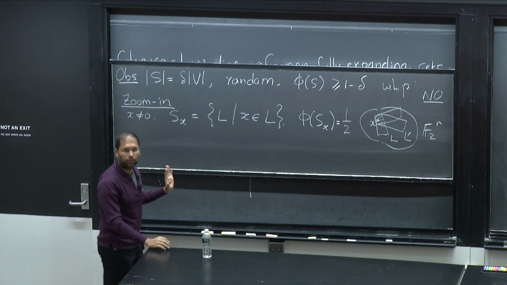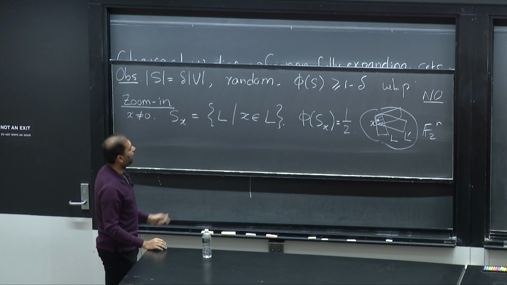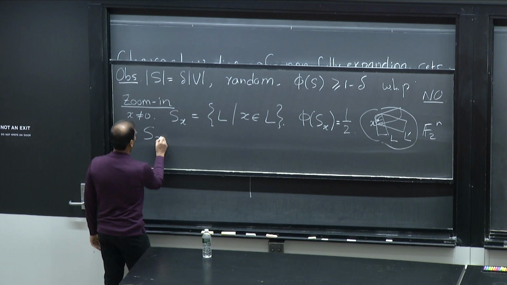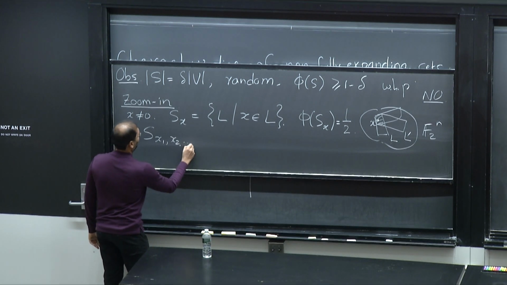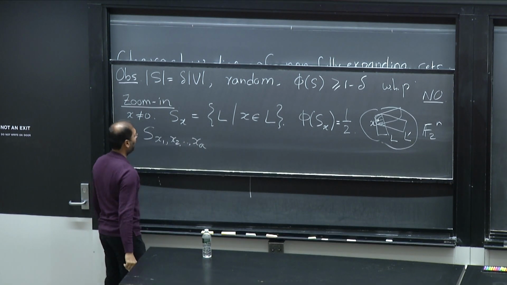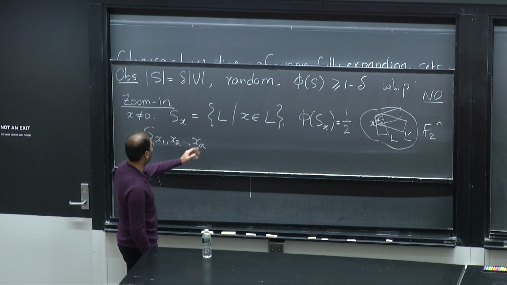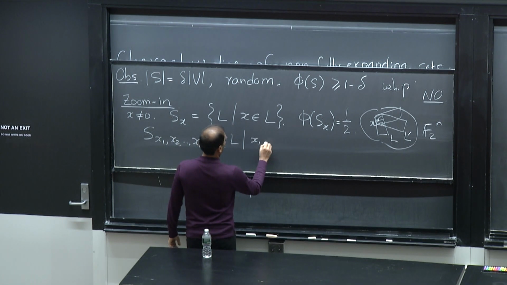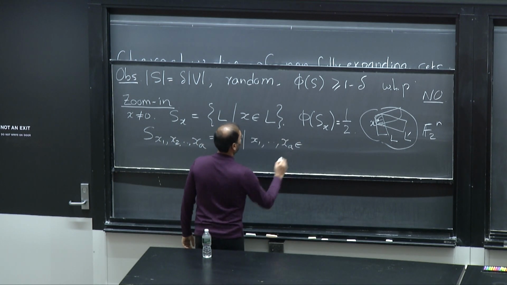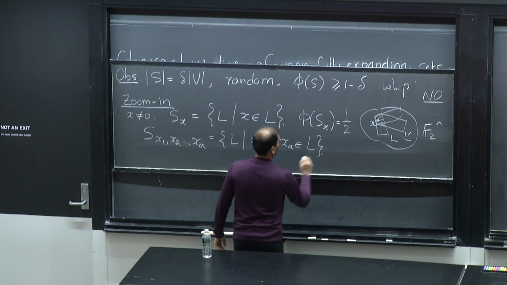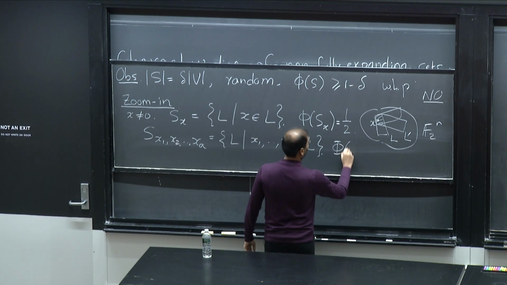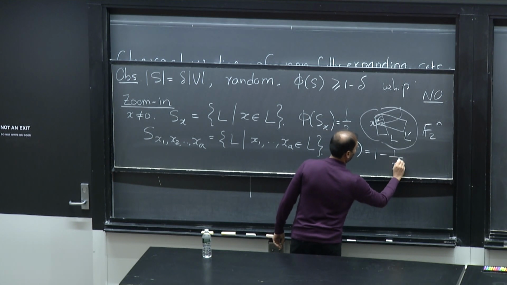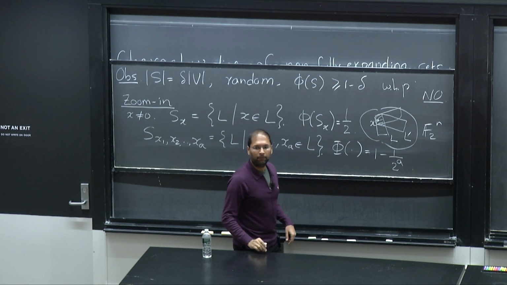So this is, I hope, completely clear. Now you can extend this example a little bit. You can take some small number of points, x1, x2 up to x sub a. Think of a as a small constant like 5, and take all L which contain all these x1 up to xa, and the expansion of this set would be, by the same argument, 1 minus 1/2 to the a, because if